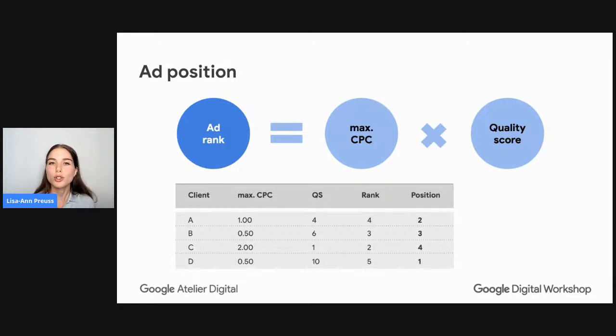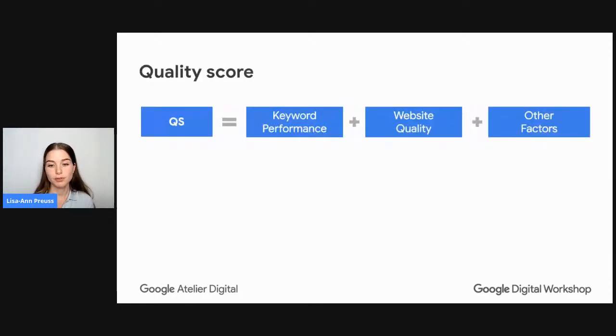This just goes to show how important that quality score is. In fact, it really gives, especially local businesses, leverage when competing against big brands, because at the end of the day, it's not just your max CPC bid that determines your ad rank and also your ad position. Regarding the quality score, now,